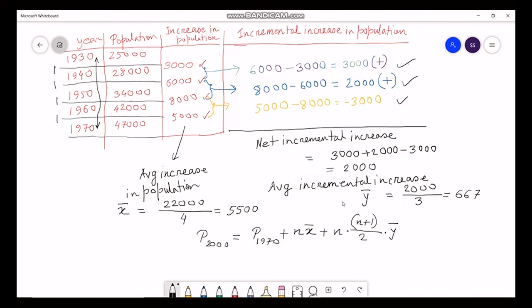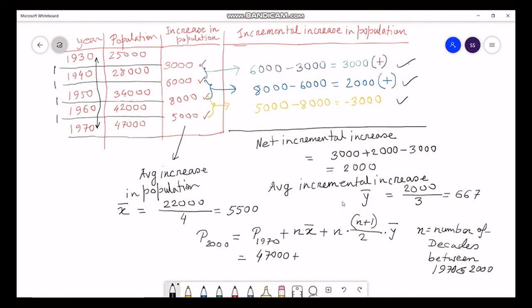Here n equals number of decades between 1970 and 2000. So we have the population in 1970, that is 47,000